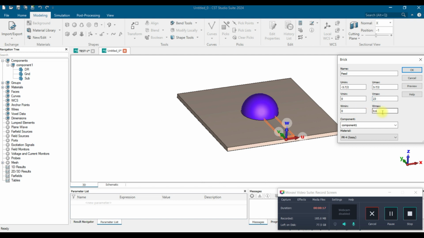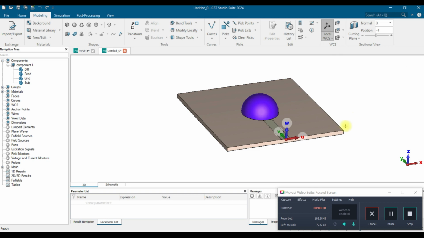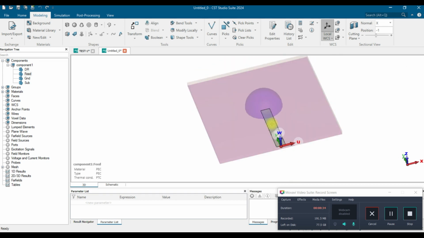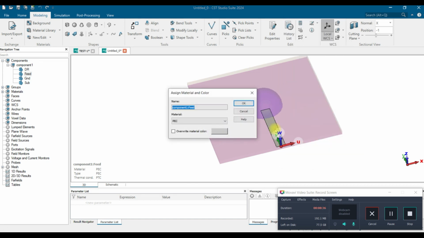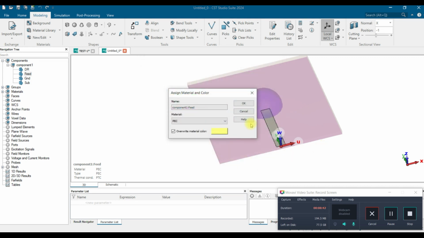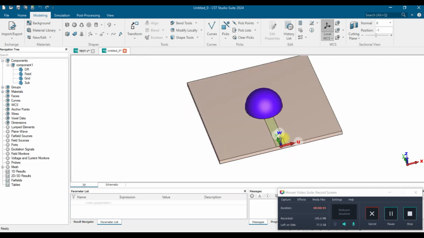And the thickness of the feed is 0.035, and of course this material will be PEC or copper, and it is designed. So here we will change the color so it looks good, it's yellow. Okay,